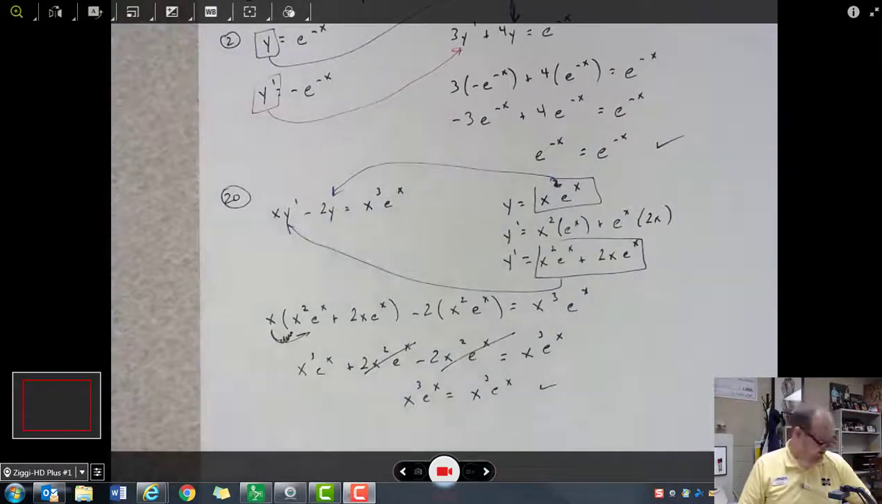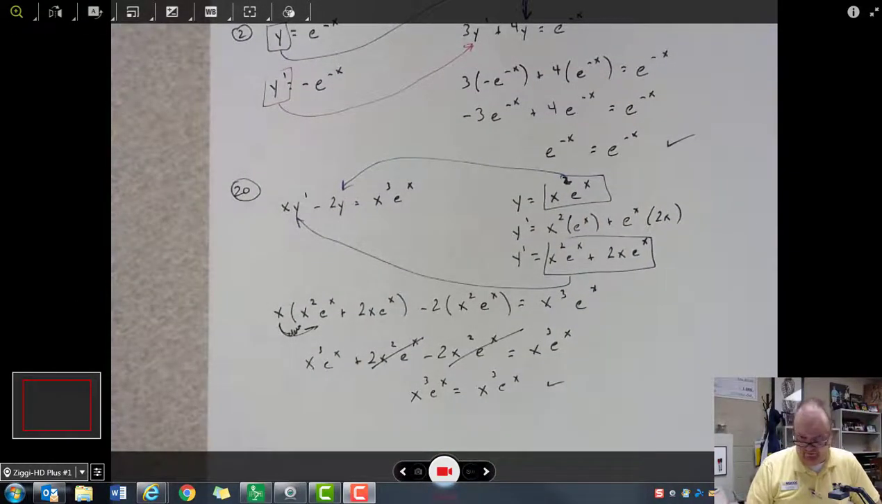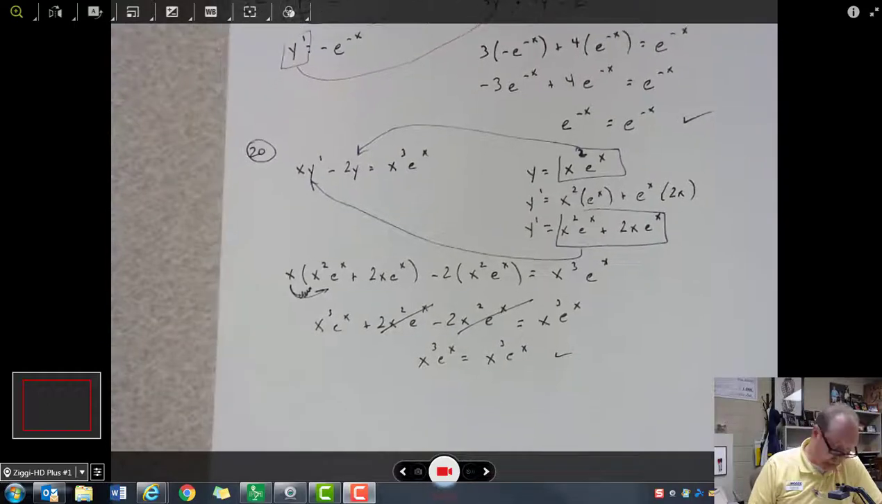And again, that checks out. If it doesn't check out, it doesn't check out. It'd be not a solution there. So maybe number